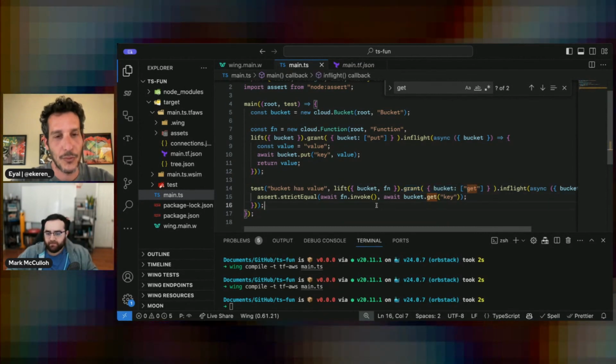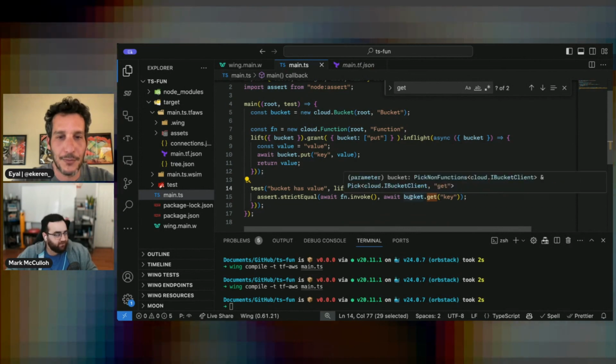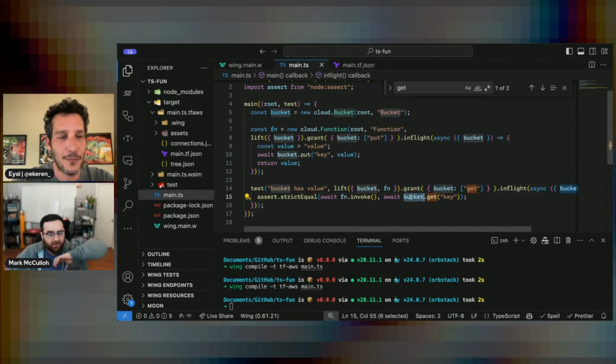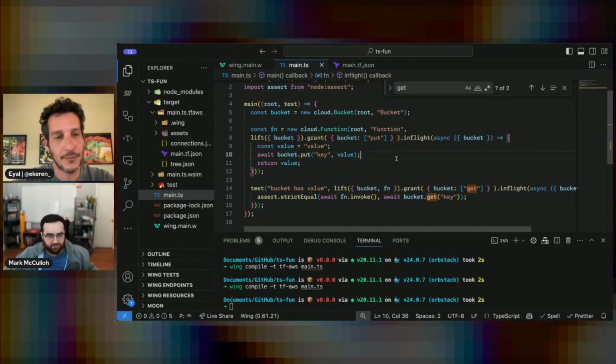And now it makes it part of the contract. So this is different than how Wing works, where it gives you the power. This gives you full power and lets you take it away. And then now your API's expressiveness changes, which is interesting, a different way of doing it. Right.